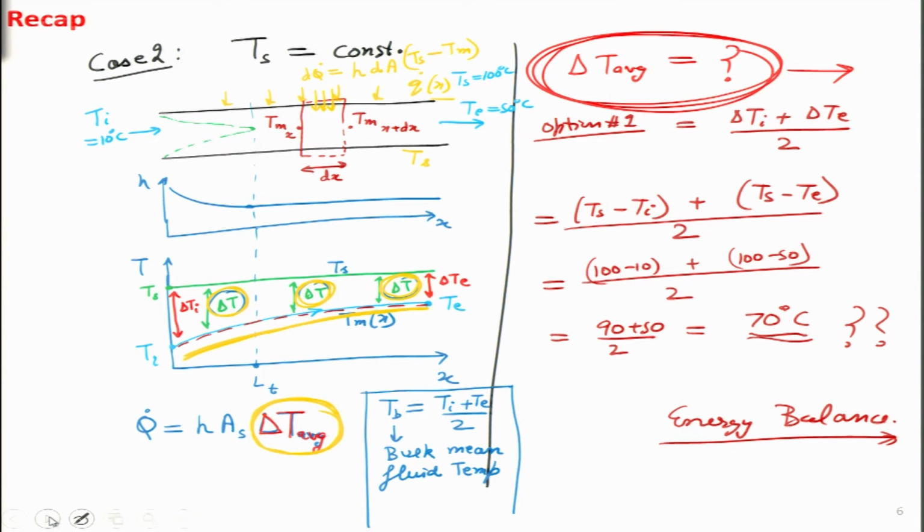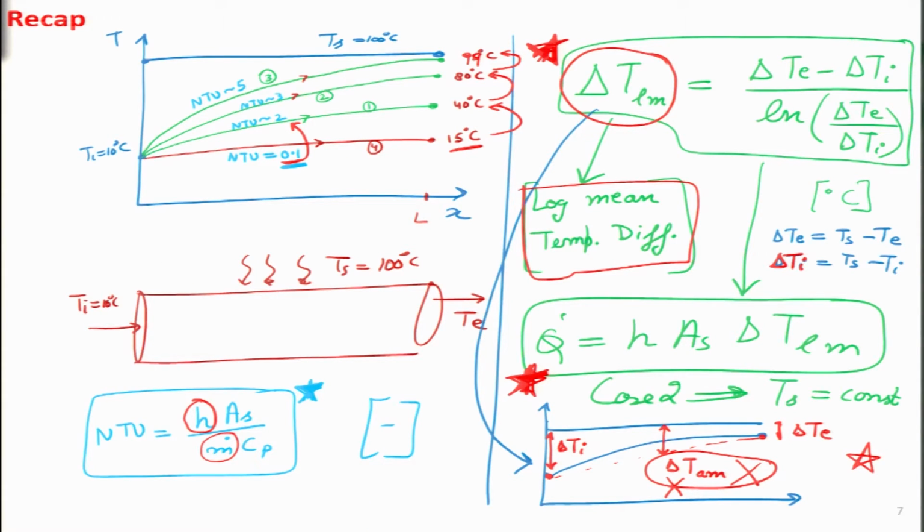That is why I use the term exponentially, and we had defined a parameter known as the NTU, the number of transfer units. NTU stands for number of transfer units, and this variable was very important because for different cases, as shown in this top left side curve, we can have an NTU value starting from as low as 0, because if we make h equal to 0, then NTU becomes 0, which means the fluid is never heated. It enters cold and then it leaves the whole pipe at the same temperature.